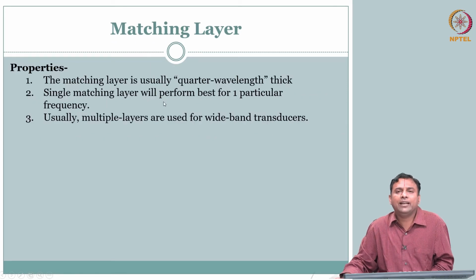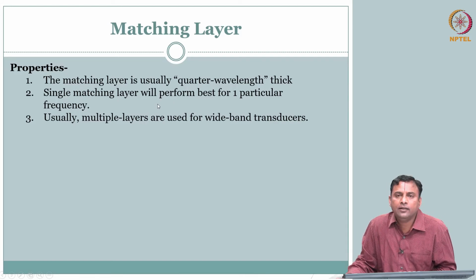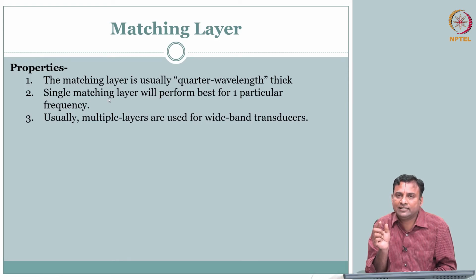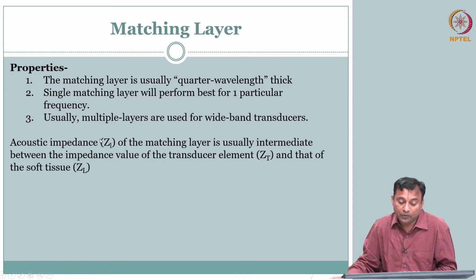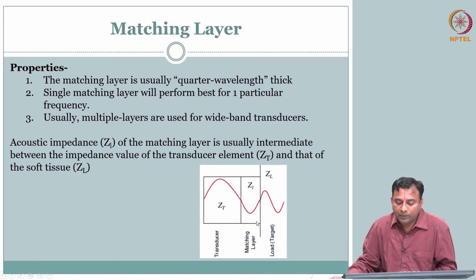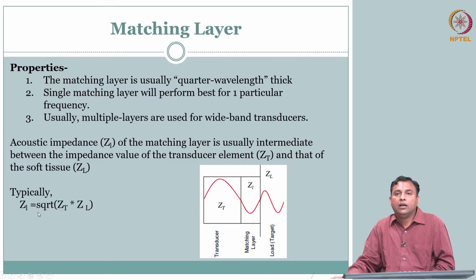Okay. So this matching layer is usually a quarter wavelength, and of course we talked about this distance, thickness related to frequency. So clearly when you say quarter wavelength, that means if you have one frequency, you have one wavelength. So it is probably efficient only for that particular frequency. In reality, you will know we have wide bandwidth signals. So you may have multiple layers. Okay. So when you have multiple layers, they engineer the Z effective, right. You have multiple matching layers. So you kind of match it, and they have some design constraints.